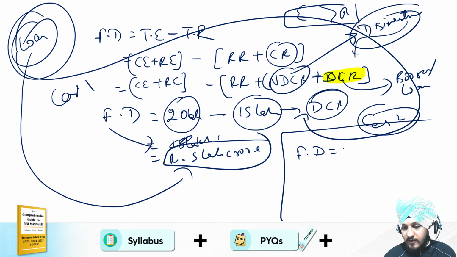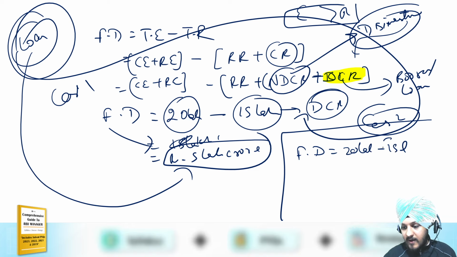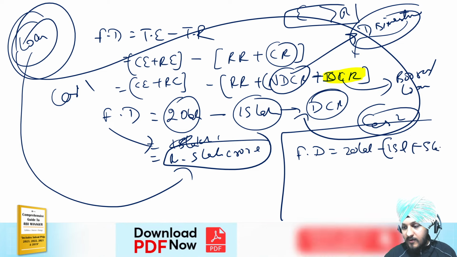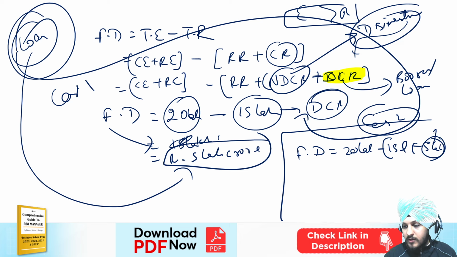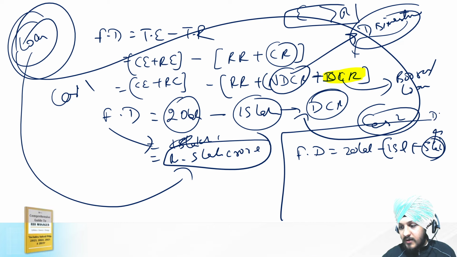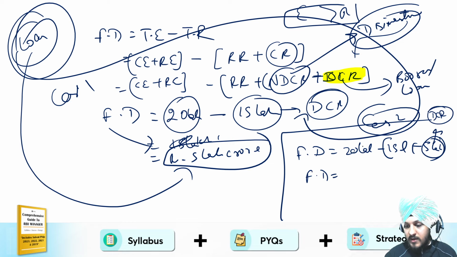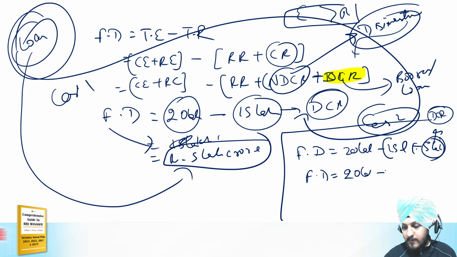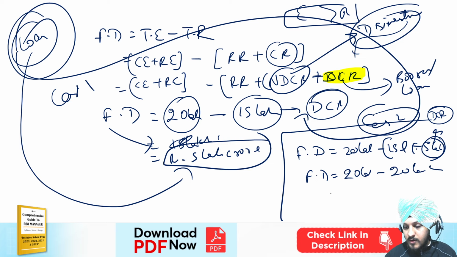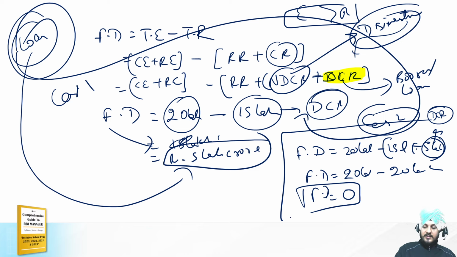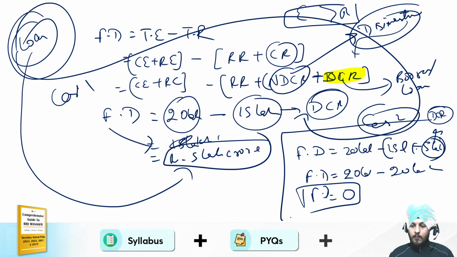So the fiscal deficit will be 20 lakh minus 15 lakh plus 5 lakh, which means the 5 lakh is what? The borrowings of the government, which is the debt creating capital receipts. So what is the fiscal deficit going to be? It is going to be 20 lakh crore minus 15 plus 5, and it is going to be 0. So that is the reason why we exclude the borrowings from the calculation of fiscal deficit, because if